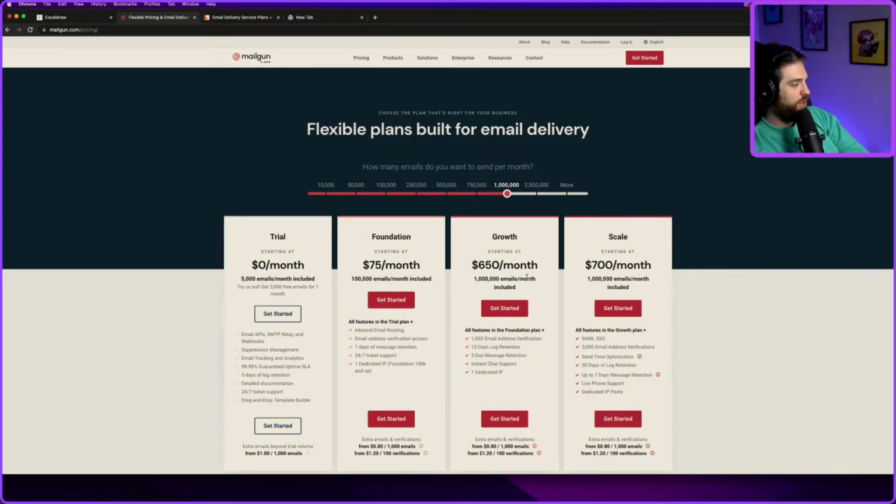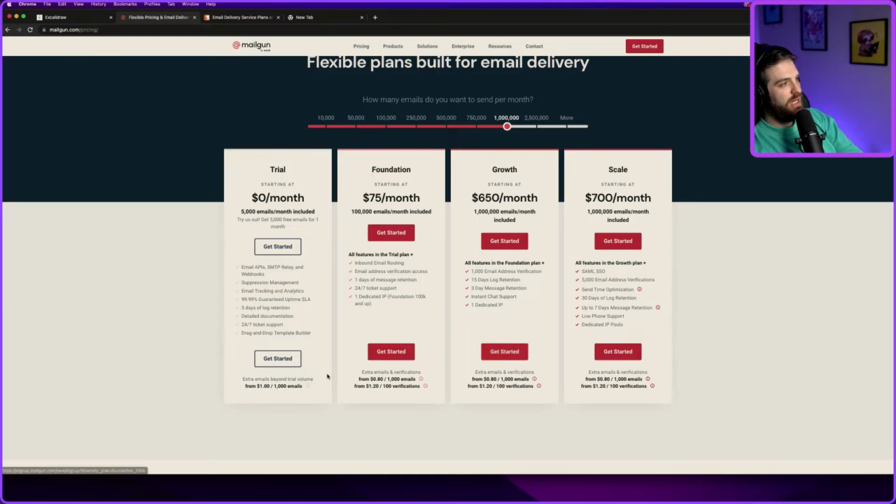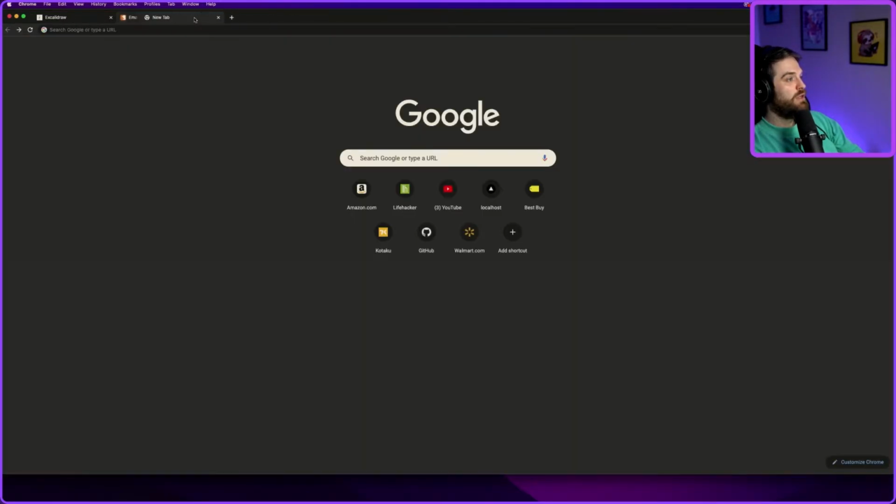Even, oh my gosh, this is what gets you even worse. For every 1,000 emails over the limit, it's another 80 cents, which doesn't sound like a lot. But if you send 1 million emails and you only are paying for 100 grand, it gets expensive. Anyways, right. So,